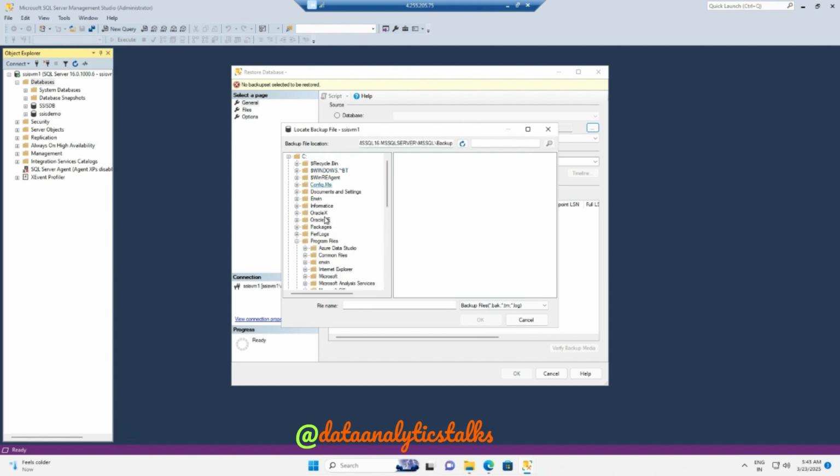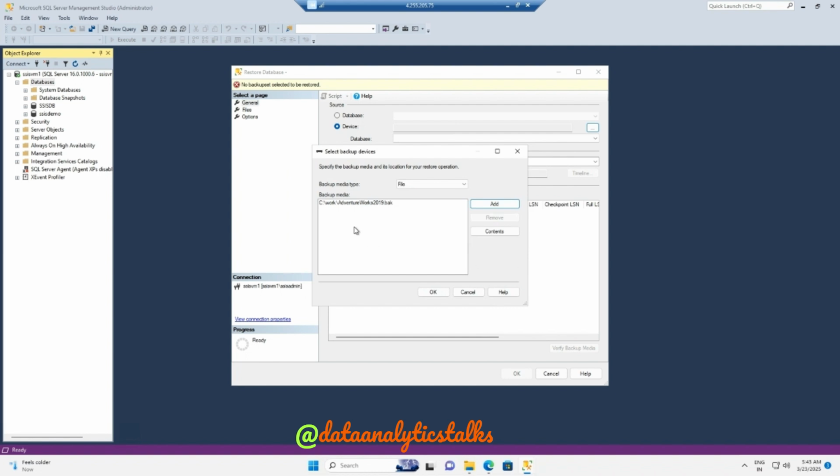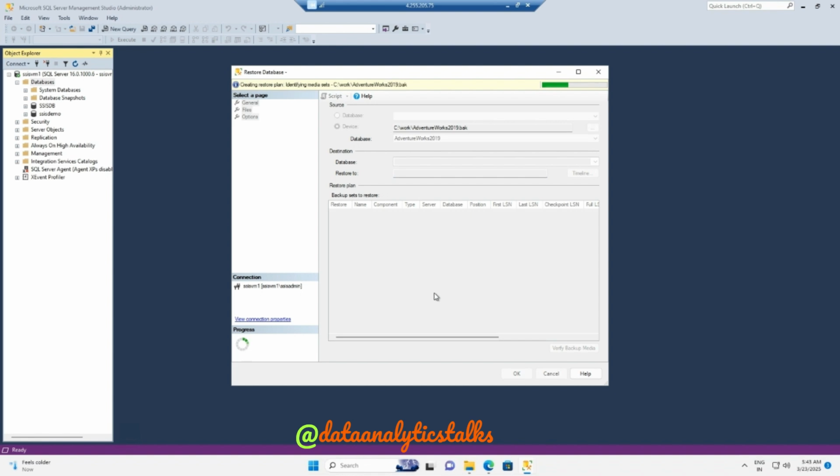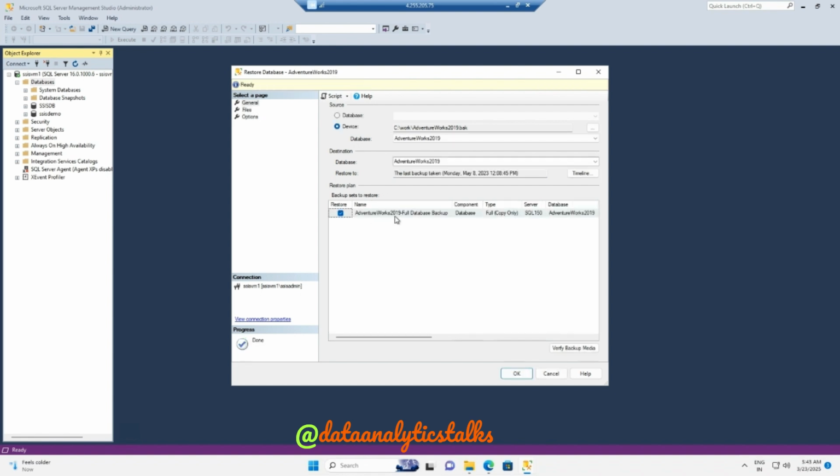Let me go to C. I have a folder called work. Let me click on work. You can see AdventureWorks 2019.bak. Let me select this. I click on OK. And what you need to do is just click on OK. So you have the AdventureWorks 2019 full database backup. As I said, this is an OLTP backup. I click on OK. This is going to restore the AdventureWorks 2019 full database backup into your